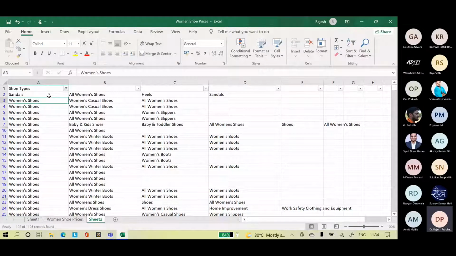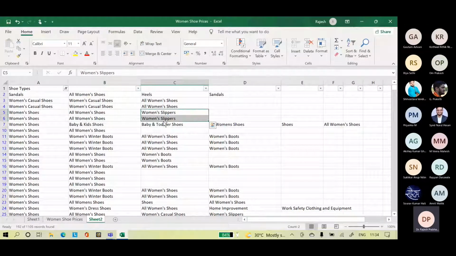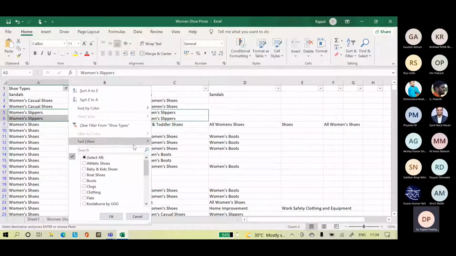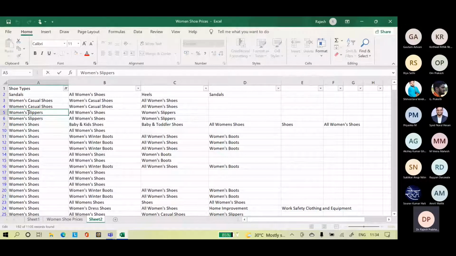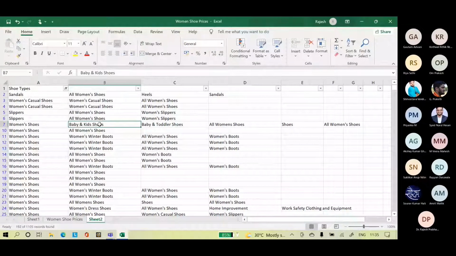Second one, again, you can copy paste these two casual shoes, Control C and Control V. Then women's slippers, you can copy paste them and paste them here as women's slippers. Or slippers is a separate category, right? We have slippers as a separate category, so we will remove the women's part. We will make it as slippers. Okay, then baby and kid shoes. So we will copy this and paste it here. Similarly, this is what category. We'll leave it like this.